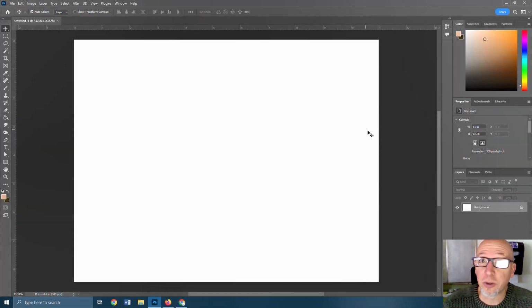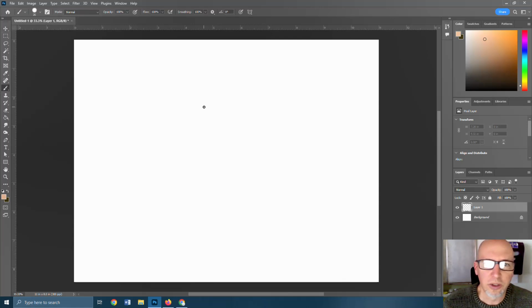The first thing I want to do is make sure that I start with a new layer. And everything in Photoshop should be on its own layer, which does make this layers panel cluttered sometimes, but it also gives you maximum flexibility over each individual element. So most people start with the brush tool when they start doing this, and I'll go ahead and set my color over here. And that's fine, there's nothing wrong with that, but there are some things that you can do to